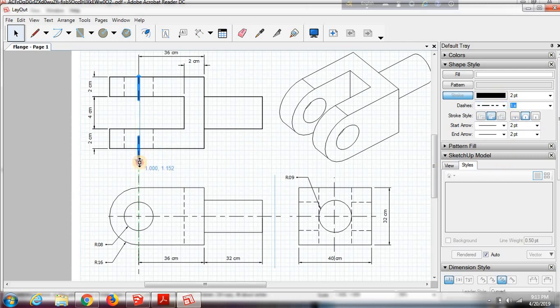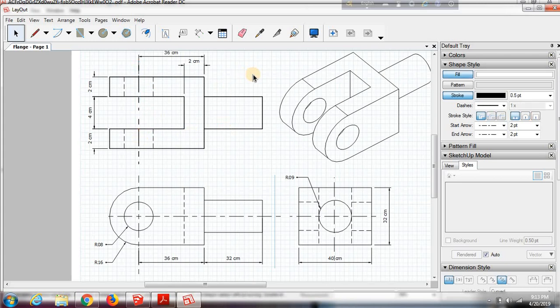So I can drag, and let's see if I chose, yes, I've chosen it right, but maybe I need to make it 0.75, or let me ungroup this one, right click and ungroup, so that I can select this line and drag it. I can select this line and I can drag it. So these are center lines